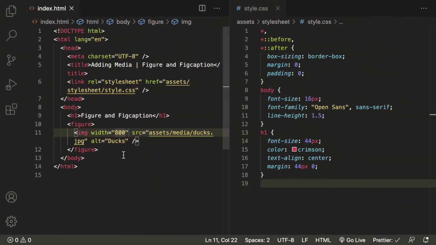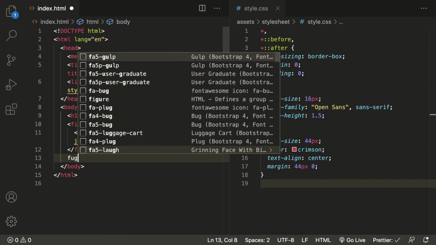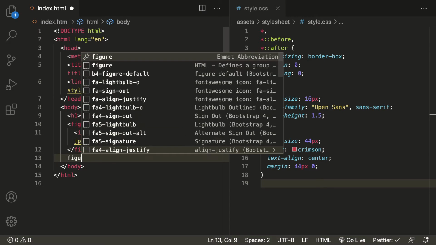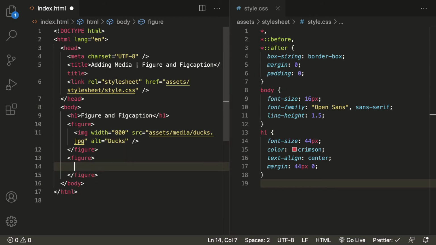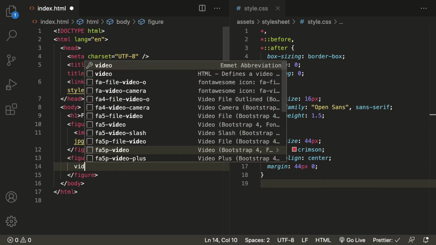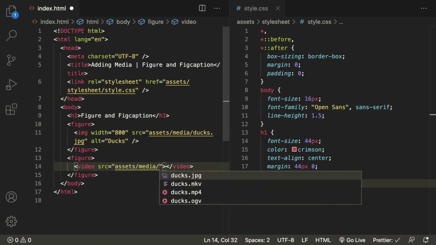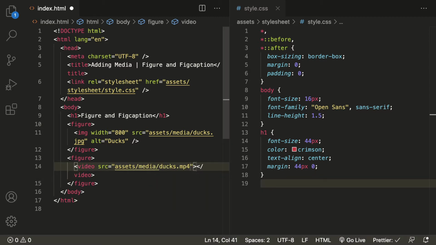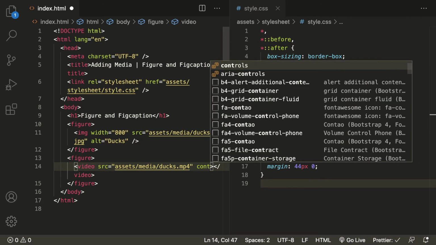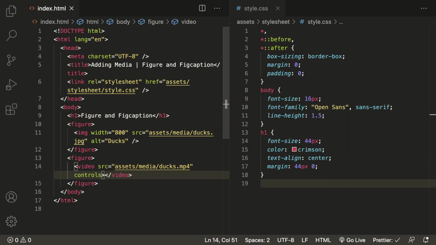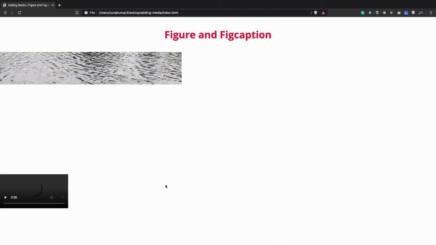We can also embed a video. Let's take a figure tag, and inside the figure tag let's take one video tag. Let's define the path of the video, say assets media ducks.mp4. Let's provide controls also. Now save it, then give it a refresh.